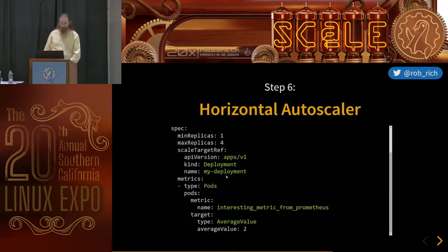We've got our deployment that we want to scale, and then we're giving it the metric name from Prometheus. And we want to tell it what value is good. So when Prometheus starts to report a value higher than this, it will scale up by that many pods. If our Prometheus value is less than this, then it'll start to scale down if it can. We could also specify other things like stabilization window or scaling frequency here too.